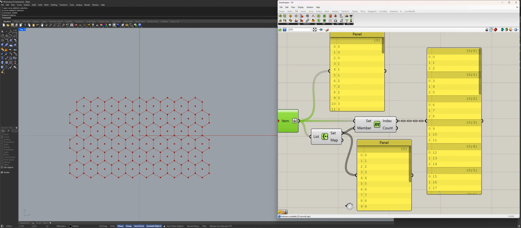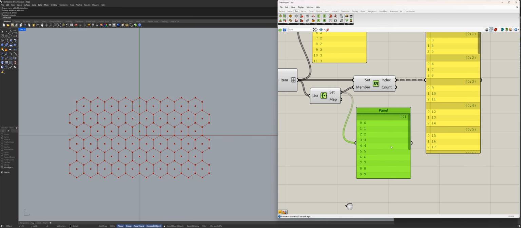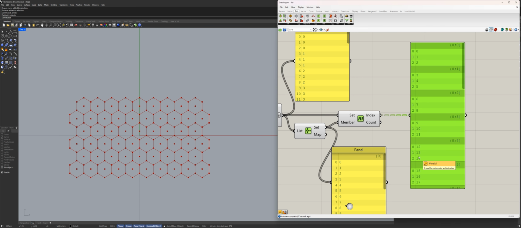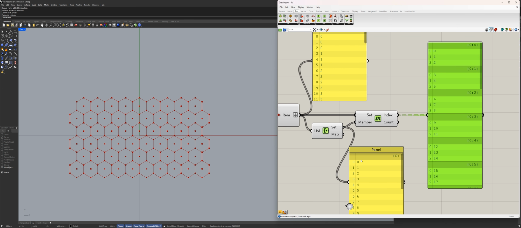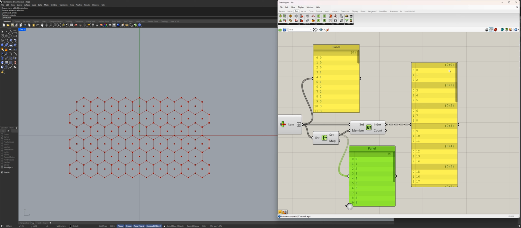Another really important observation here is that this data tree has branches. It is a branched tree. This one is just a list, or a single branch, multiple branches. How has it happened? Well, this is the nature of this node. It does this very deliberately. So basically we have the number 0 here, right? And this number 0